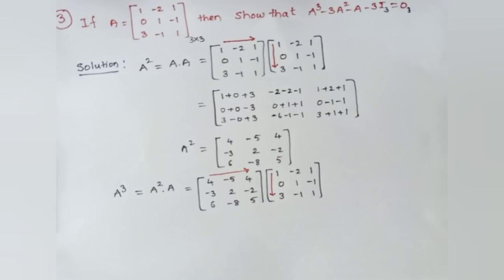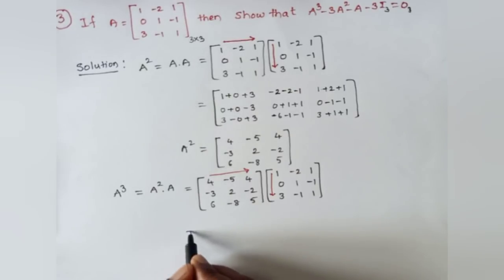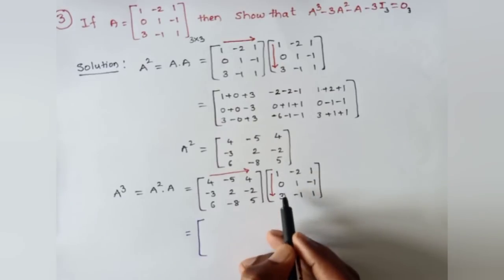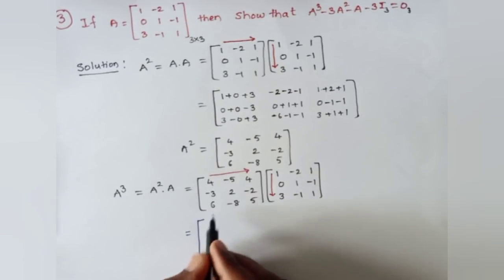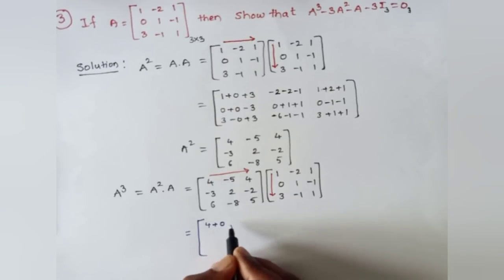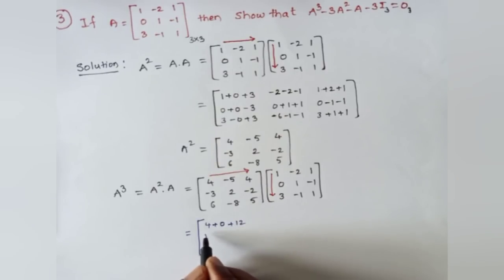Now we will get, first row with first column, so we get this element, that is 4 into 1 is 4, plus minus 5 into 0 is 0, plus 4 into 3, that is 12. Next, minus 3 into 1 is minus 3, plus 2 into 0 is 0, minus 2 into 6, so minus 6. Next, 6 plus 0 plus 15,